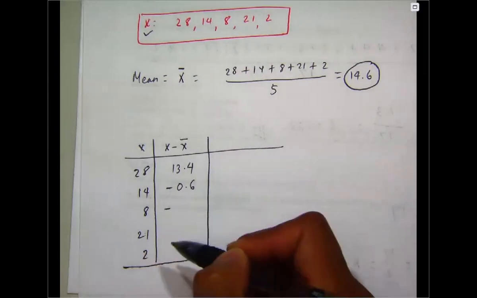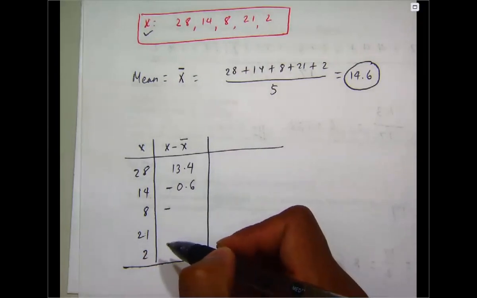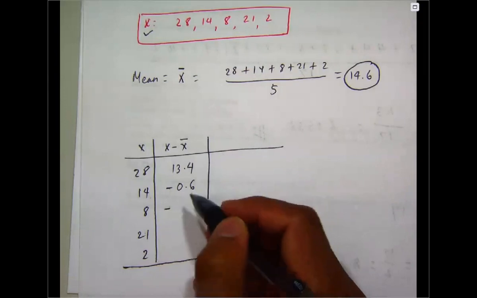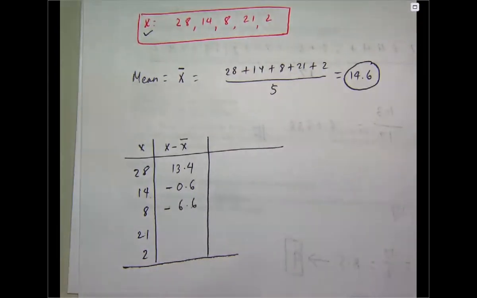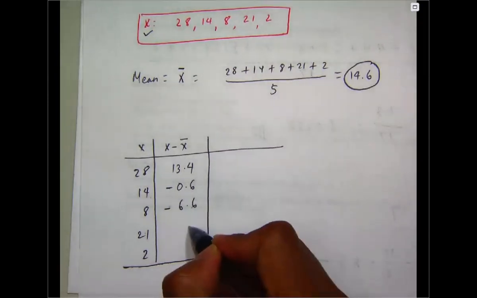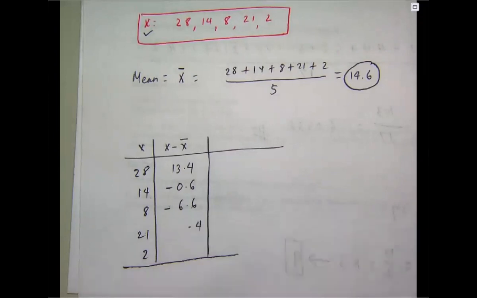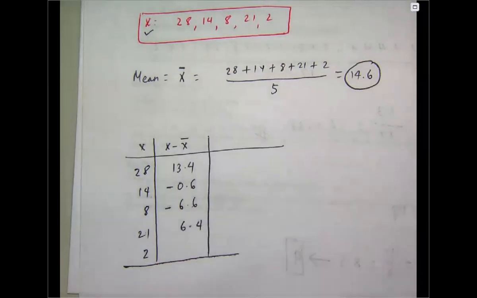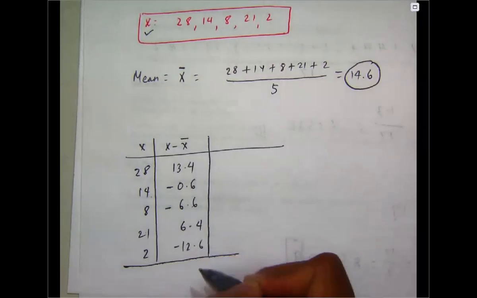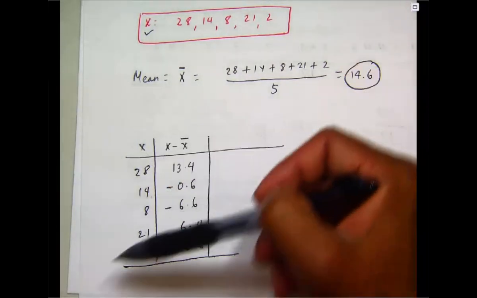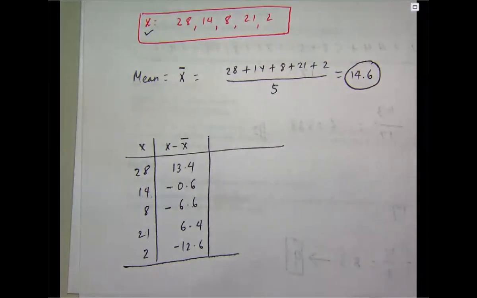8 minus 14.6 is negative 6.6. Okay. 21 minus 14.6 should be 6.4, right? 2 minus 14.6 is negative 12.6. You can also write down this data in order, like from lower to the higher or higher to